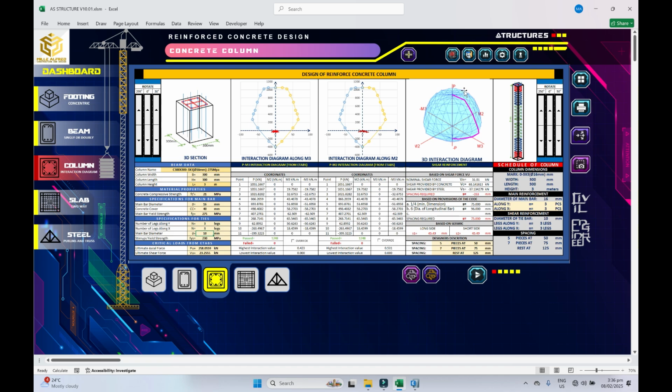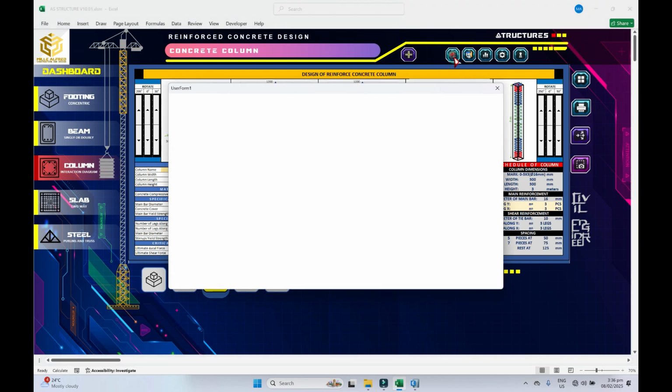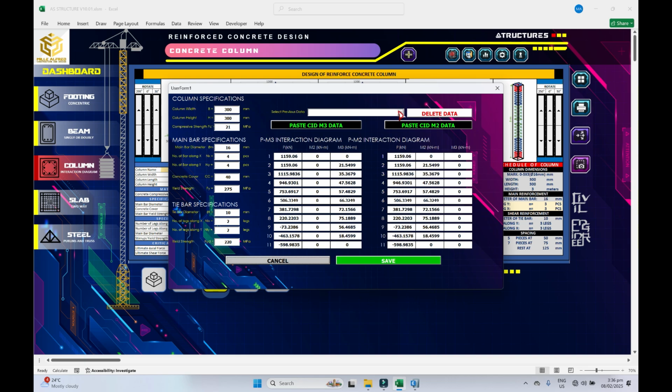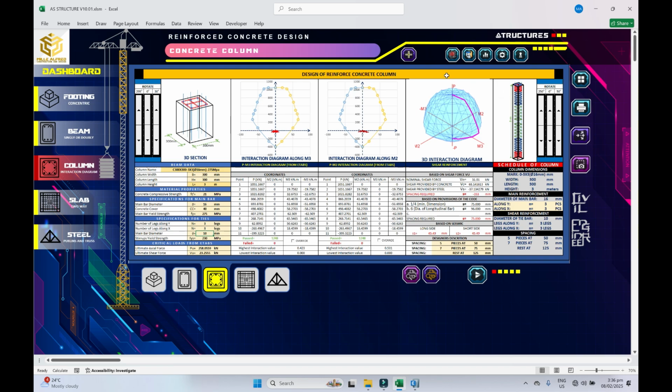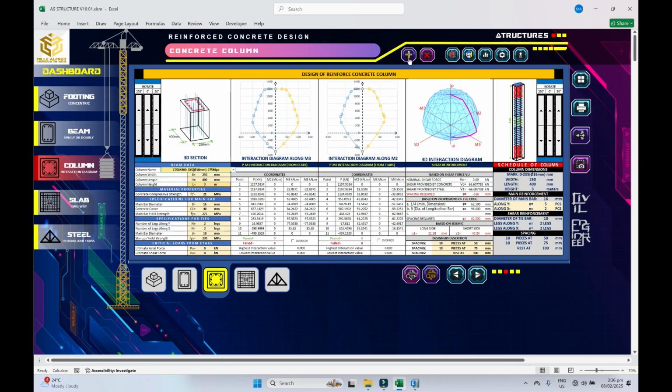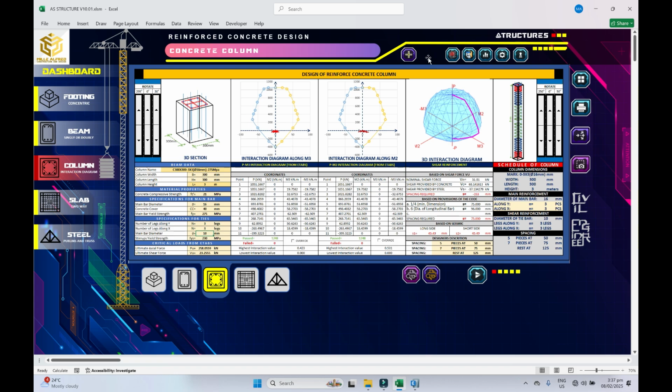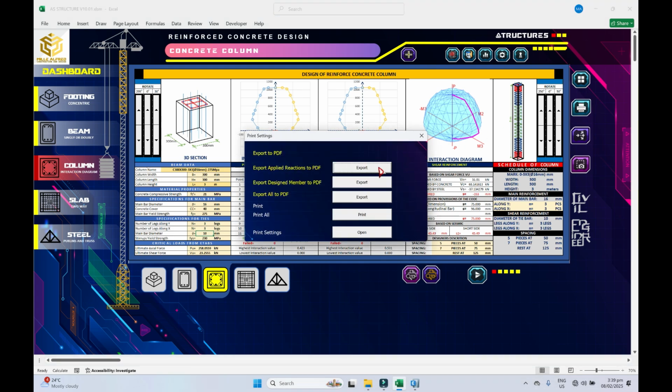An ultimate feature of AS Structures is its ability to generate a column interaction diagram for any column size and various rebar configurations. This allows you to visualize the strength capacity of the column under different loading conditions. Additionally, you can design multiple column members within a single project and seamlessly navigate through them, making the design process more efficient and organized. And lastly, you can export the analysis and design report to PDF format, ensuring a professional